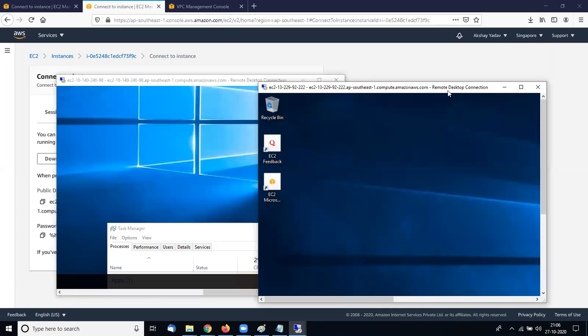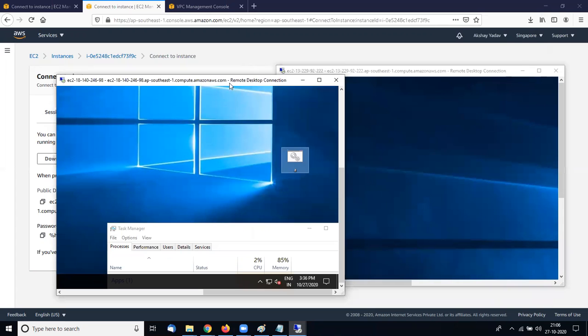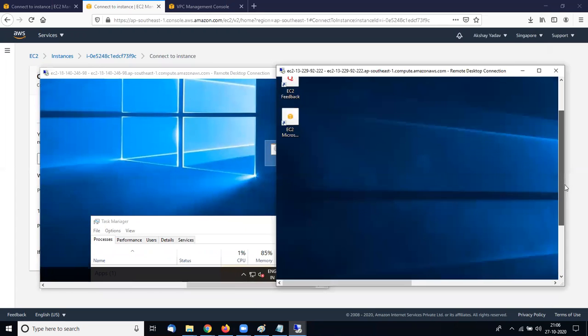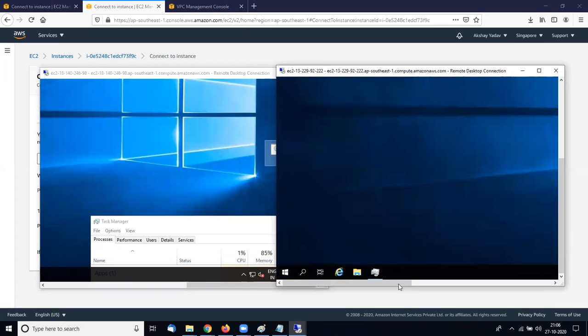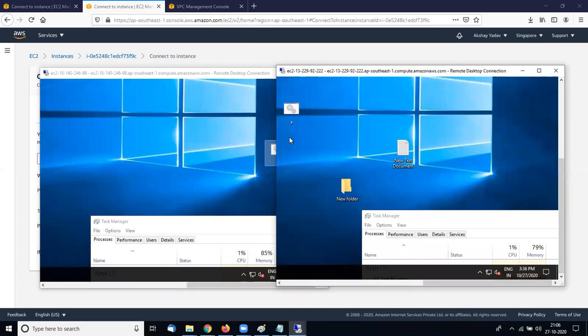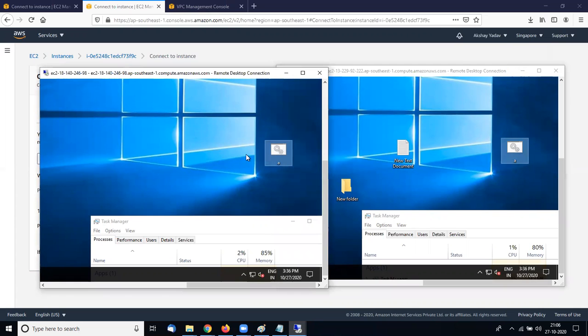So in the first machine CPU utilization is 2%, and in another machine I think 1%. So I open this file many times to do my practical.